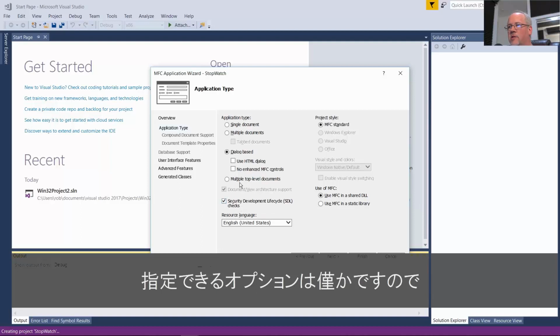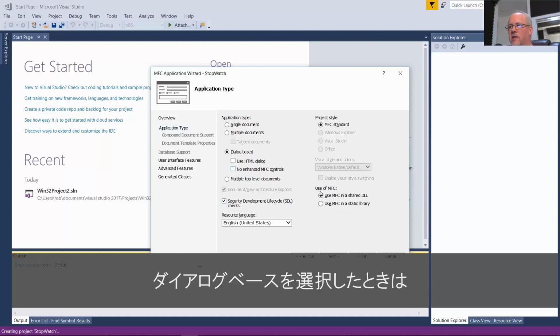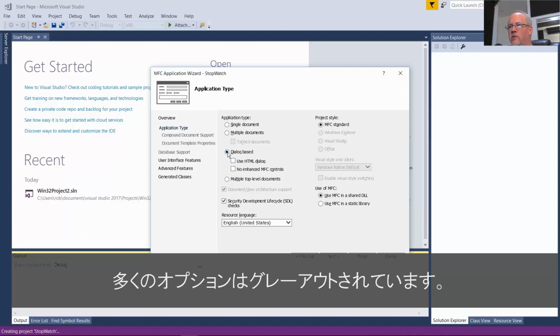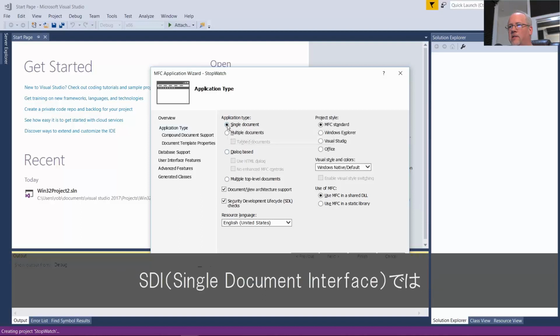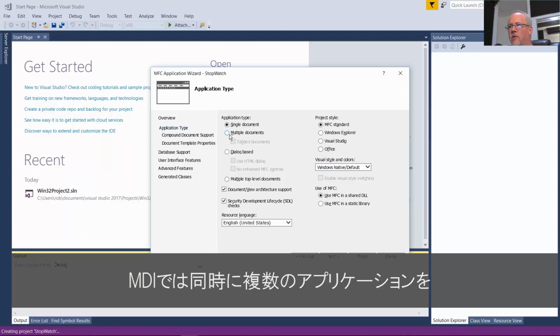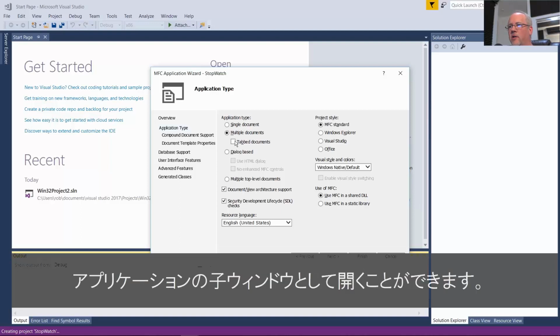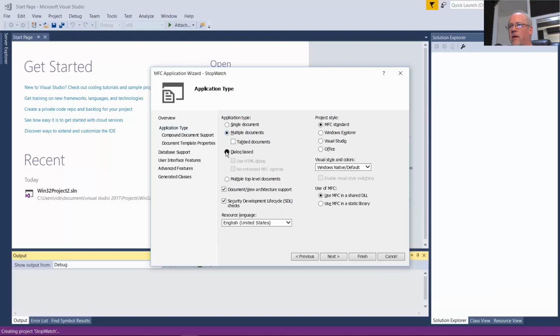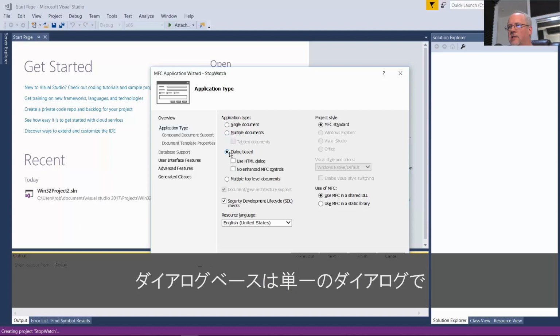You also have fewer options as far as what you can do. A lot of these options get grayed out or disappear when you choose dialogue-based. So you have a single document, that's the SDI, all the options are available. Multiple document, that's where you have a bunch of documents simultaneously open as child windows of your application. Dialogue-based is where you get a single dialogue.